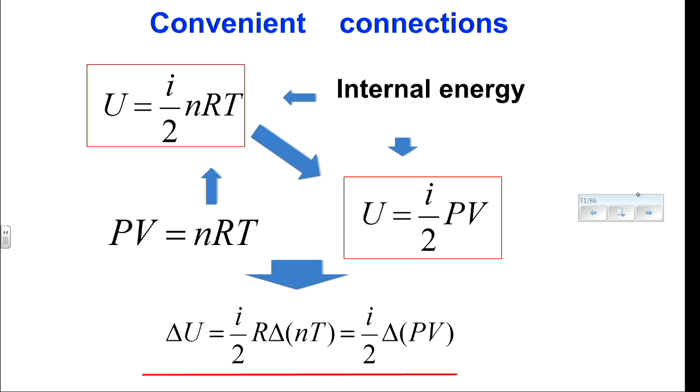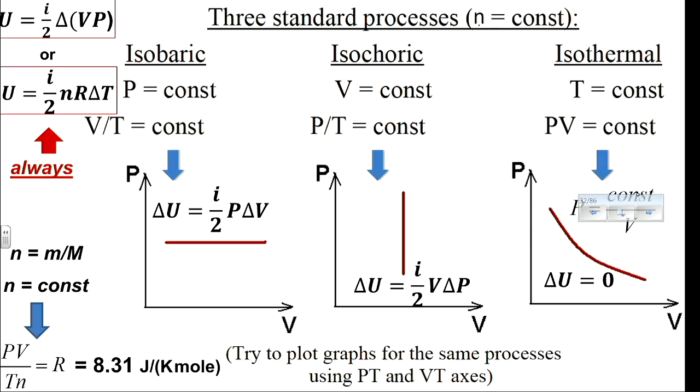Now, we know the equation of state for the gas, and now we know the equation for internal energy. We can put it together. This is another, sometimes more convenient, equation for internal energy. Most commonly, we're not looking for the energy, we are looking for the change. So this is how we can calculate the change. We can use either this equation or that equation. It depends on what variable remains constant.